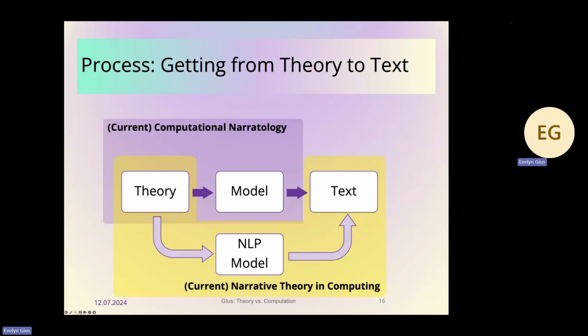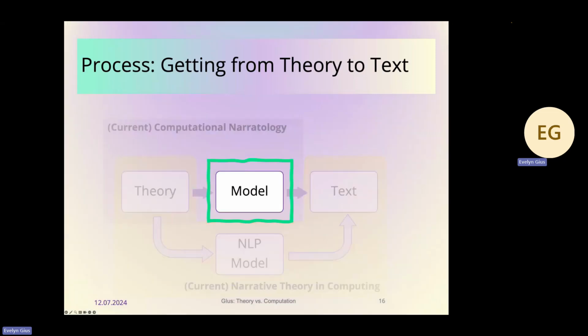Here we go. Here we have the text. We can actually analyze the text with what we want. That's it, right? So the problem is that the model is not really tackled in both cases. In one case, we have this not going from the model to the text. In the other case, we are just missing out the model. I don't think it is on purpose, but this is what happens basically.